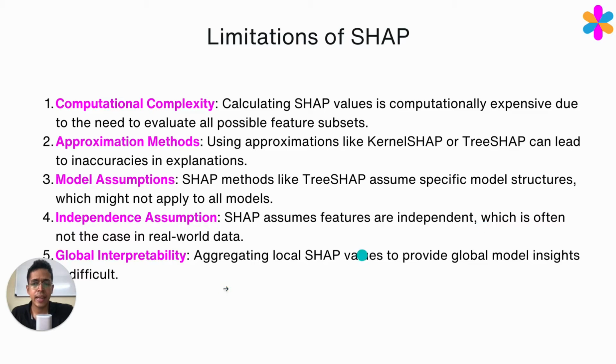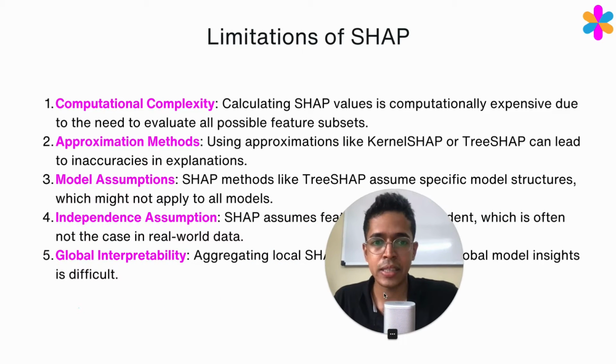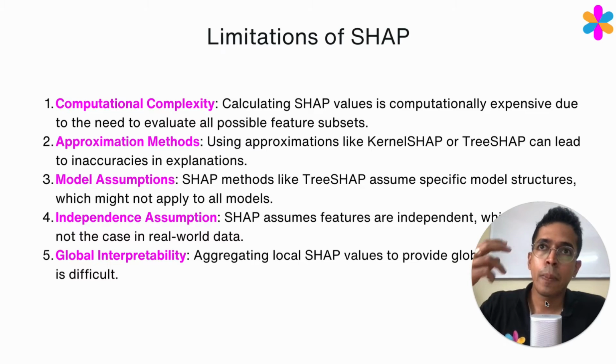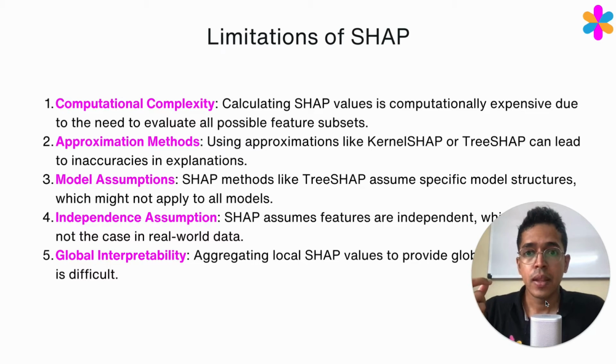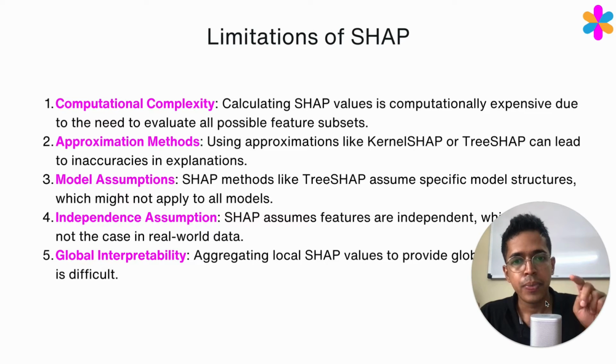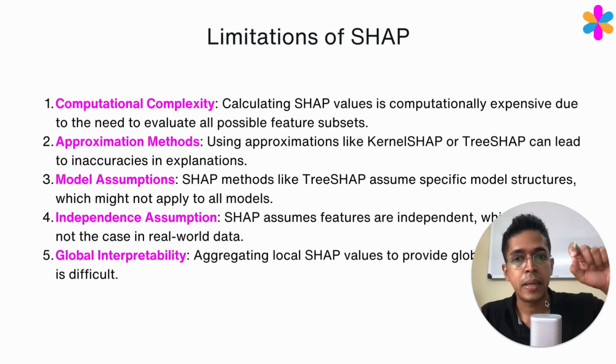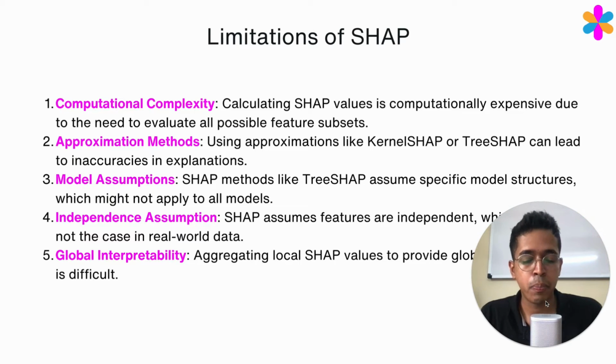You might have already guessed this when I mentioned about the different subsets, because there are so many combinations of subsets possible. So let's say we have a data set with n number of features. Each feature can be present or absent in a subset. So two combinations are possible for each. Two values are possible for every single feature. So basically, if we have n features, there will be 2 raised to n number of possible